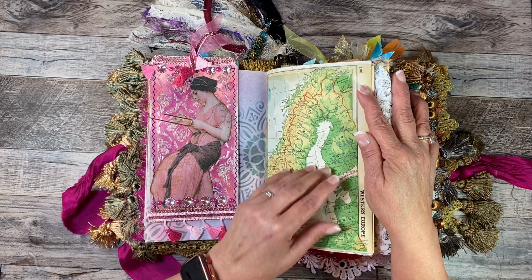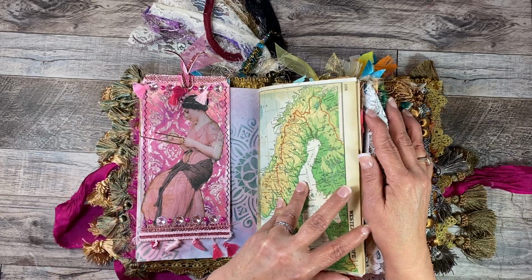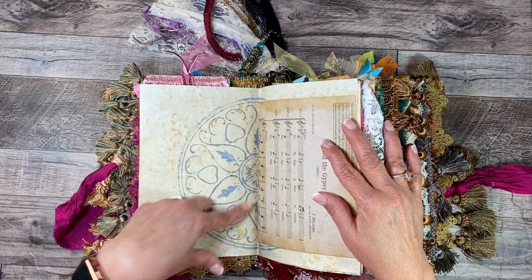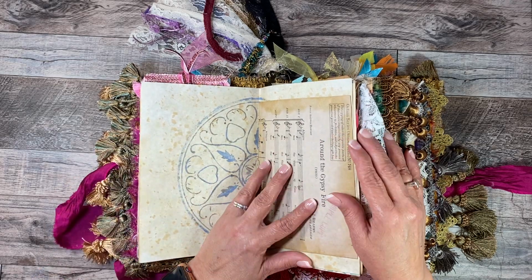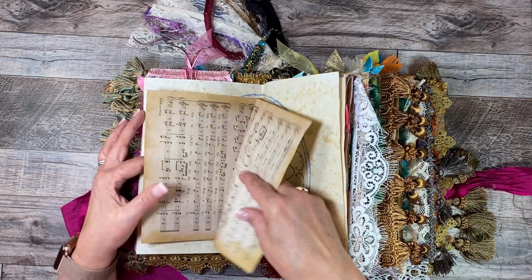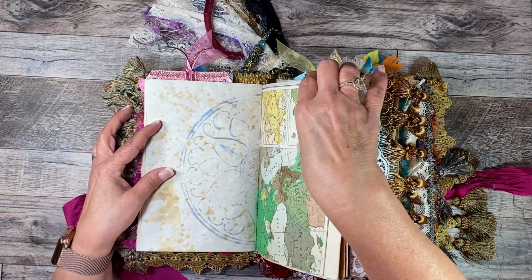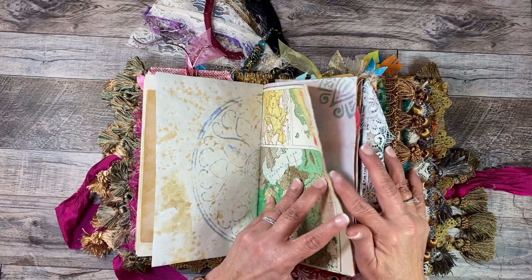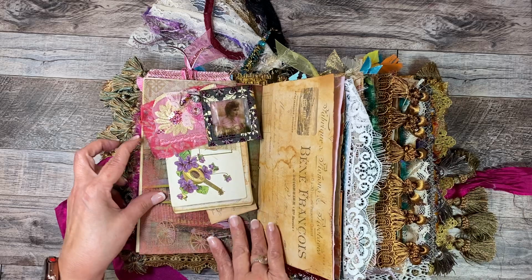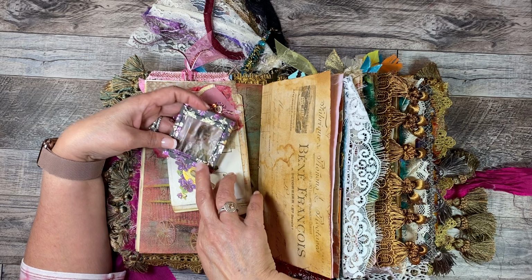In my mind, they traveled a lot, so, you know, they have these maps in there. This is my coffee dyed paper that was stenciled. This is a vintage music page around the gypsy fire, and that's the middle of the signature. The other side, more vintage map. This is the stenciling and sprayed paper. Okay, this is my little, this was done with